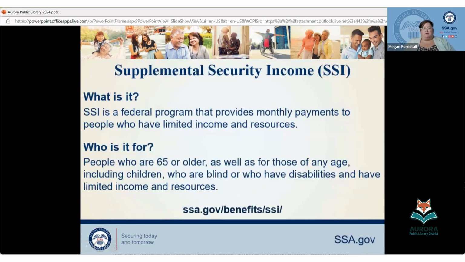The other benefit we screen individuals for who are filing for disability is supplemental security income. We call it SSI for short. So this is a federal program that provides monthly payments. They're intended to be for basic needs like food, clothing, shelter to people who have limited income and resources. Something that's different about this is we actually can pay children or adults with disabling conditions who meet those income and resource criteria. And then anyone over the age of 65, that is an aged benefit. So if you're over 65 with limited income and resources, you can file for SSI without needing that medical decision.